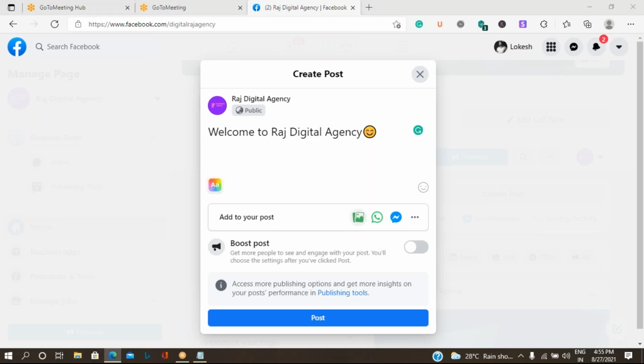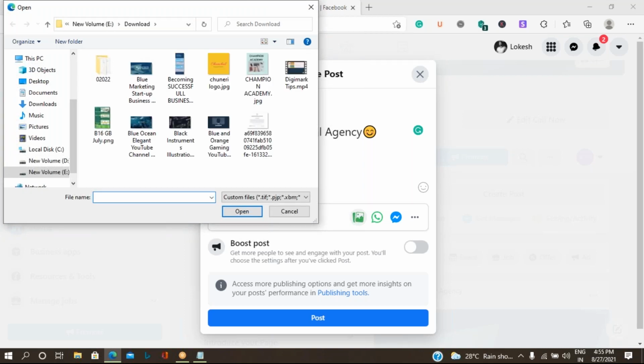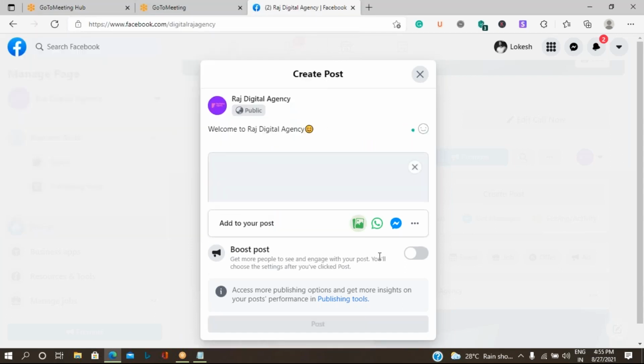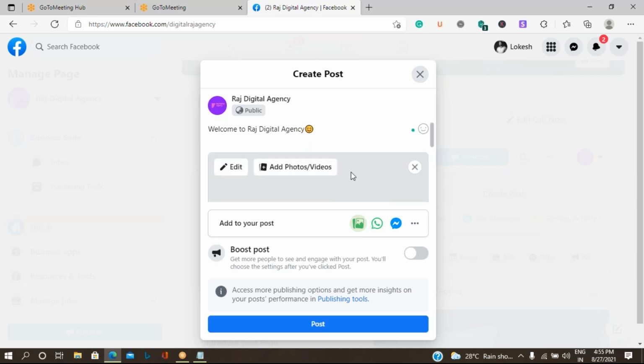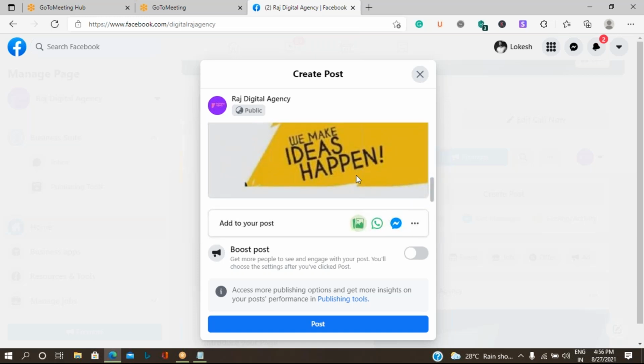So you can click over here so that it will ask you to select the image which you want to add in this. So let me select it. Okay, so I've added an image.